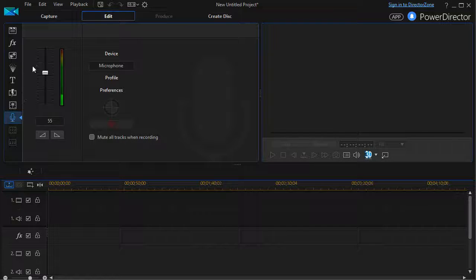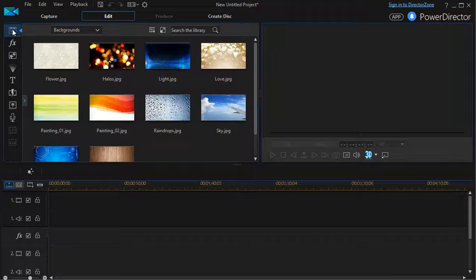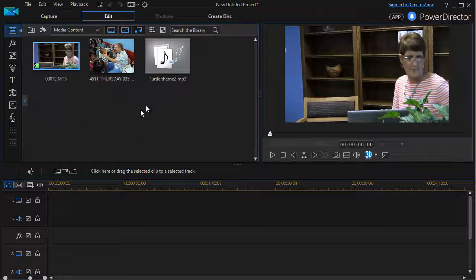There are others here that we won't get into at this point in time, but basically what I want you to understand is this upper left quadrant gives you all the different screens of content from which you create your video, and then the right part would give you a preview window, and there's more about both of these we'll show you in future lessons. The window you'll be using most is the window that shows your tracks. PowerDirector can handle 100 tracks in a document,